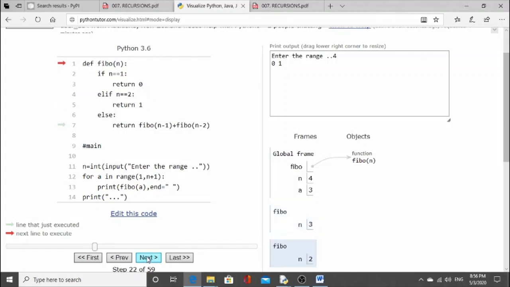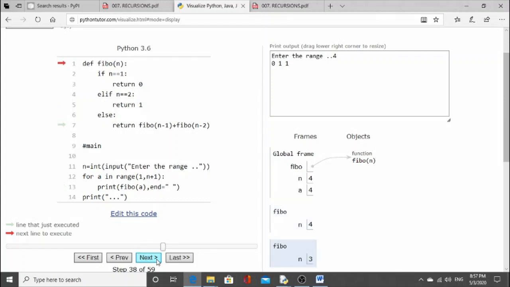So click on next. As you can see, it is checking the values and it will return accordingly. And now the final value, which is in this case 1, will be returned, and you can see here 1 is printed. Next time when we are executing this function, see n has the value 4, and see the steps.